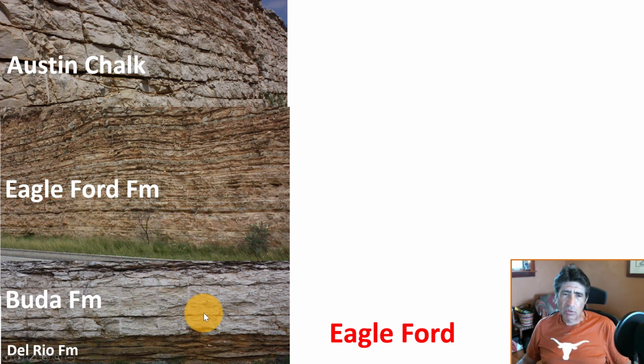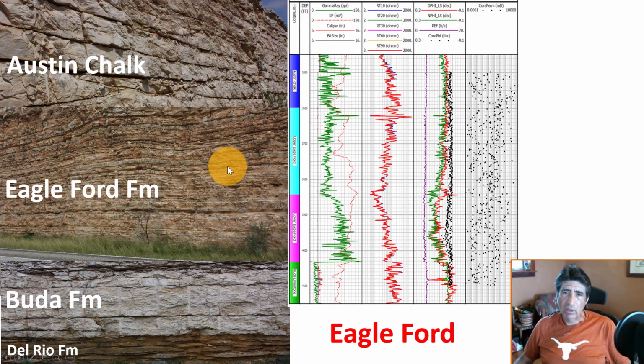Then below that we have the Buda Formation, and below the Buda Formation, which is a carbonate rock, we have the Del Rio Formation. Very interesting sequence, and we also have the well logs that go with that. And here's the gamma ray log. Then we also have the various resistivity logs, neutron density, core porosity, and then core permeability. An incredible example of unconventional rock that we also have to analyze from the perspective of geomechanical measurements, horizontal drilling, the combination of all of that to get the best performance for production. So we're going to look at that.